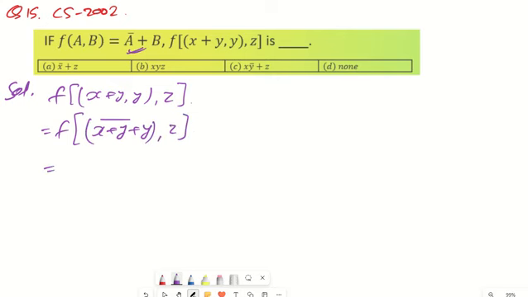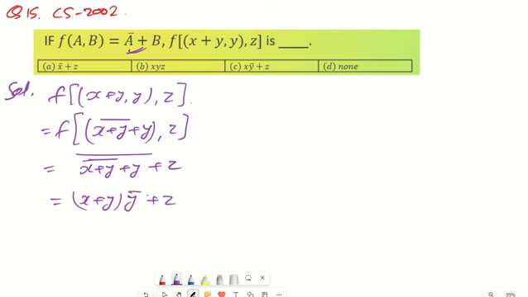Now this is going to be another function which will be a term of a comma b, so it can also be written as x plus y bar plus y, whole bar, plus z. Understood? So this is the separation of the function. So function definition we have implemented now. Now you know that this can be separated by De Morgan's theorem. So it is nothing but x plus y bar plus y, one term this and one term this. So I can write it down as x plus y bar, whole bar, that is just x plus y into y bar